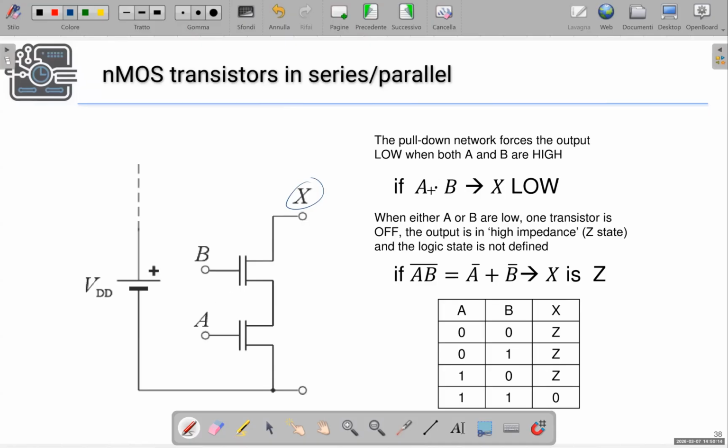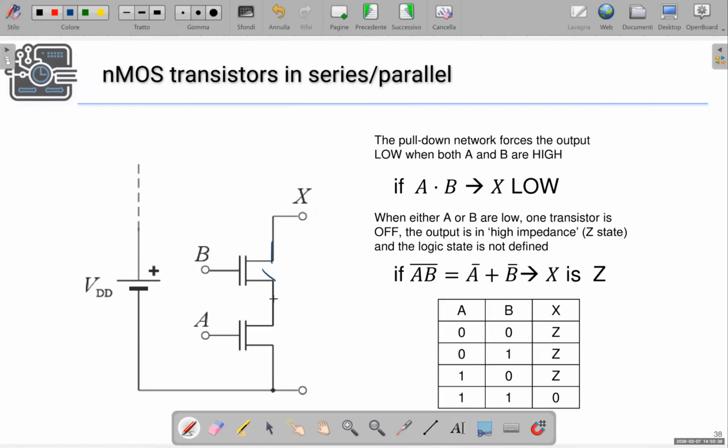So if A and B are high, X is pulled down. In all the other cases, that is, if either A or B is off or both of them are off, so basically this condition is expressed by not A or not B,